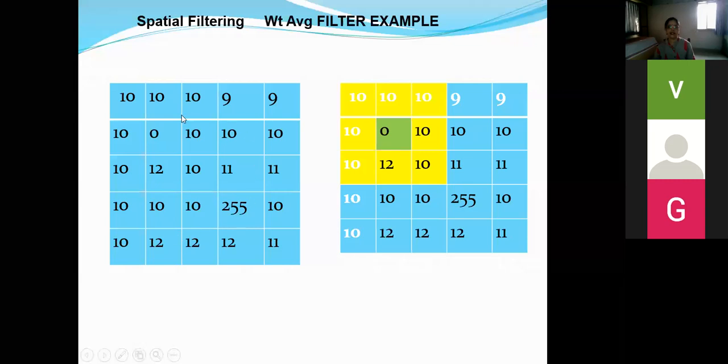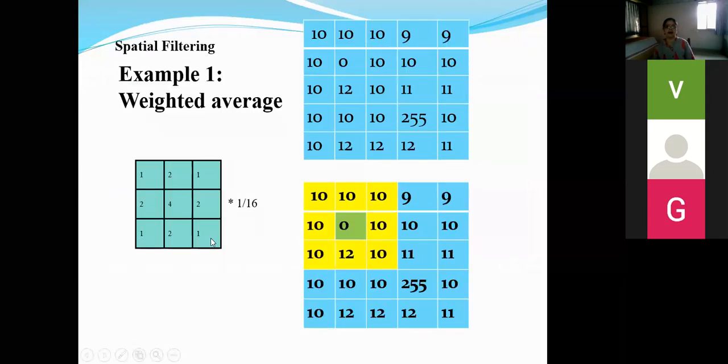From this central 3 by 3 region, the very first pixel is this one. The local neighborhood is as shown here by yellow color. You have to consider these 9 pixels, multiply them by the respective weighted average filter coefficients, and give me the new value for this particular pixel.